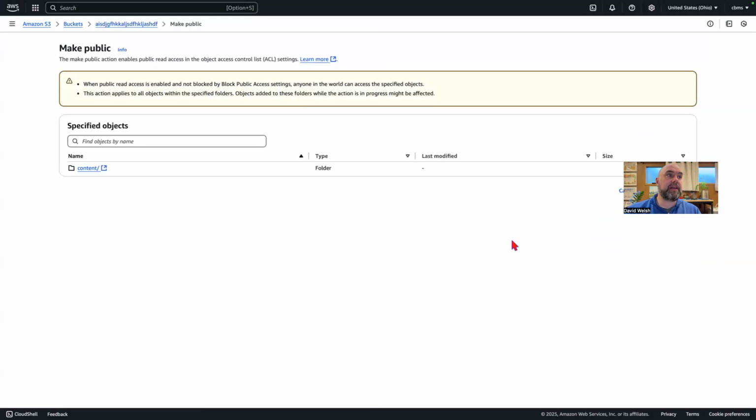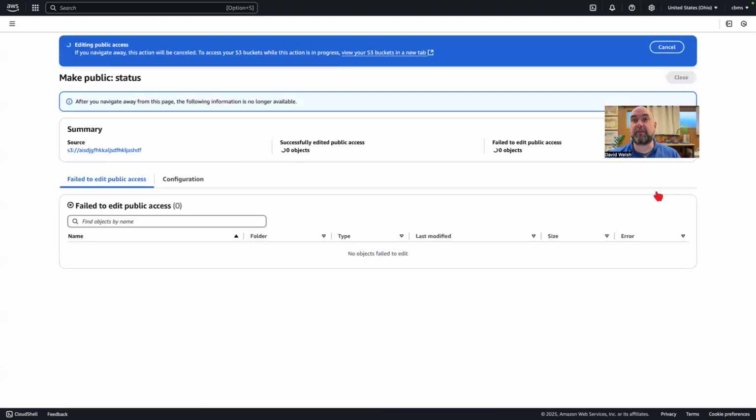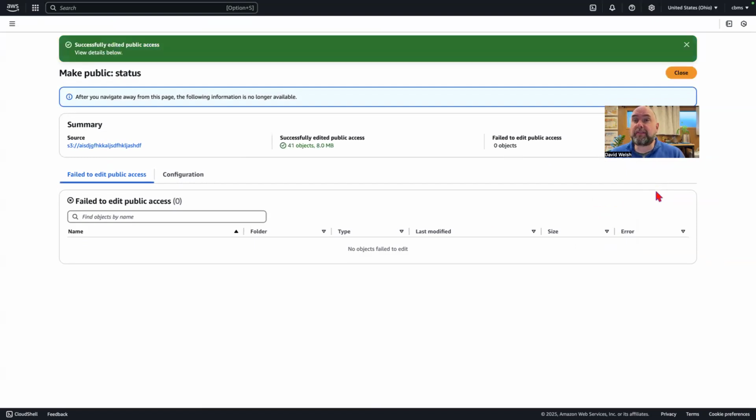So we'll click that, and what it's going to do, it's going to give public access. So whenever somebody clicks on the index.html, they'll actually be able to view the file. And this is a read only. They can't write to it. They can't delete it. They won't be able to do anything like that. They'll just be able to read it, which is what you want them to do. So we'll click close,